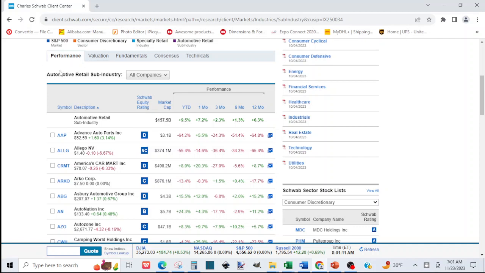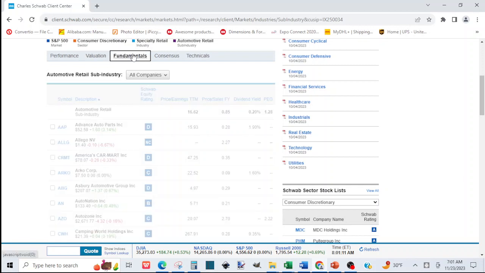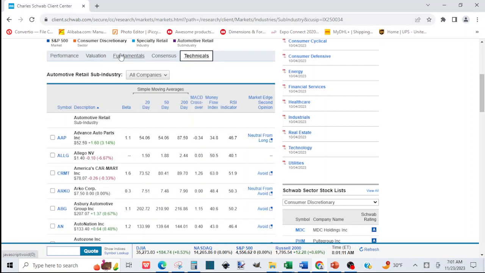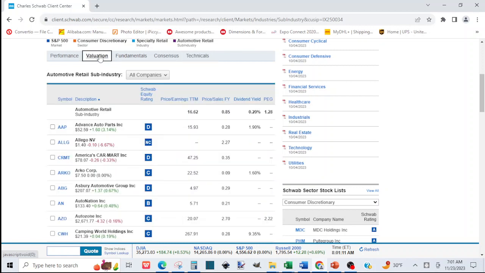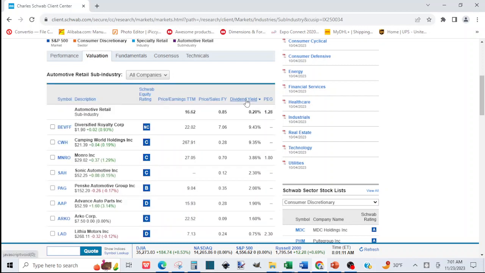By default, you will be under performance, and that will have some performance criteria, but we are going to click on valuation, and within valuation it does have fundamentals as well, and then it has technicals as well, but we are going to work with valuations. And within valuation, you click on dividend yield to sort from the highest dividend to the lowest one. And when I click on it, it sorted, and from here you can look for the highest dividend paid that